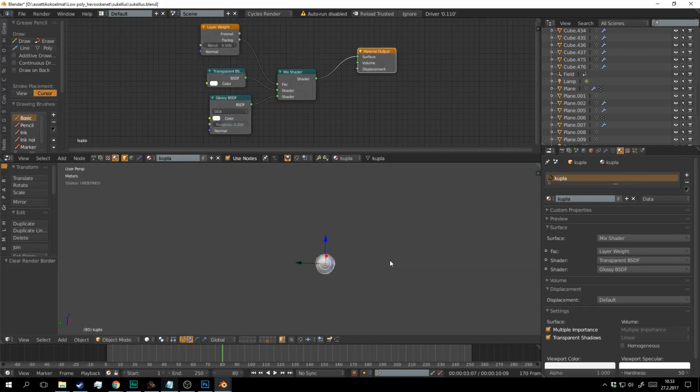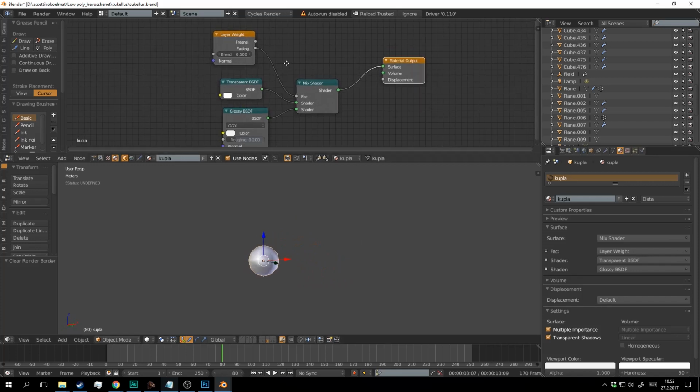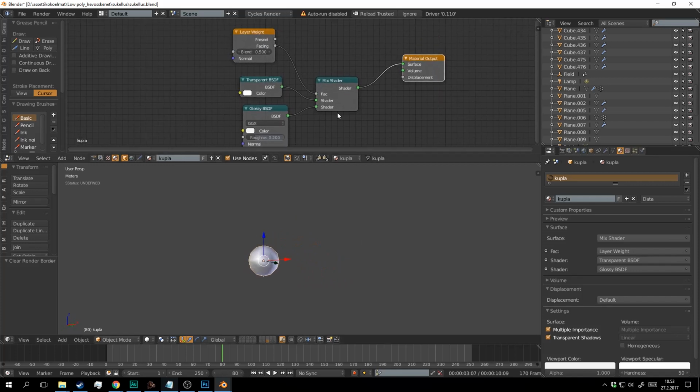And this is the bubble, and the bubble material is very much similar with the glass material in the submarine. I'm not very much sure how much there is difference between those, but they're done in a similar way.